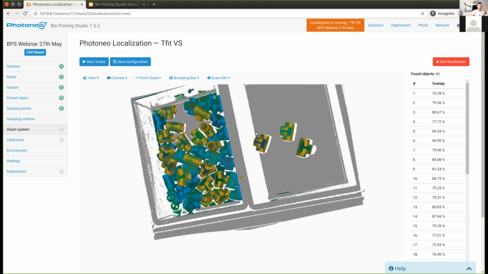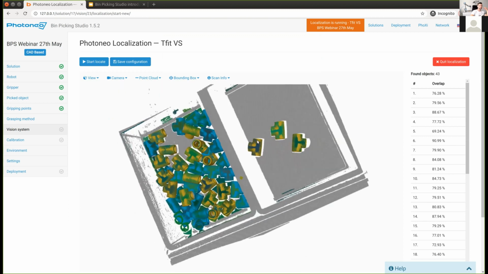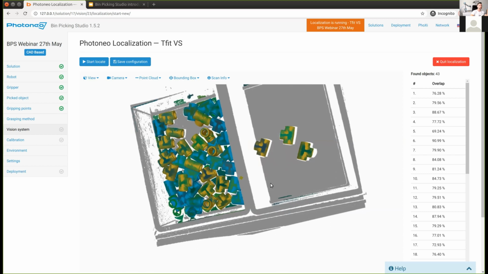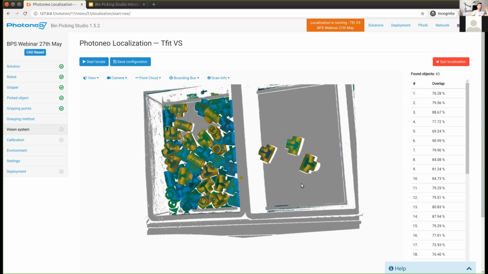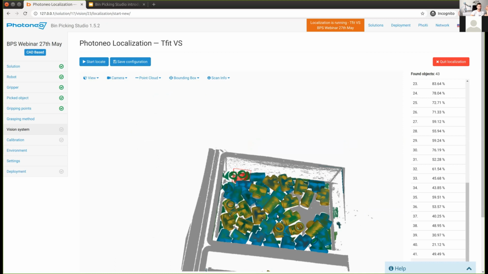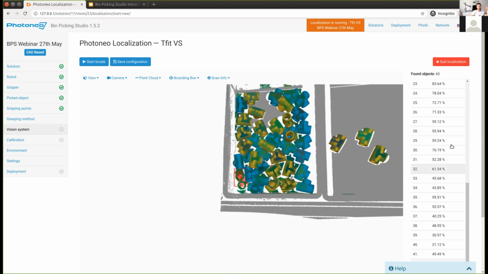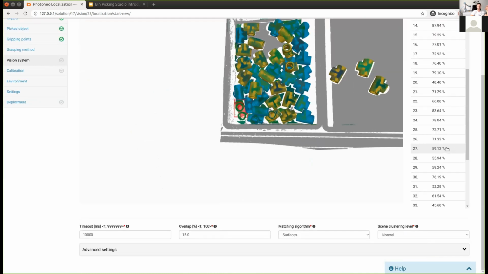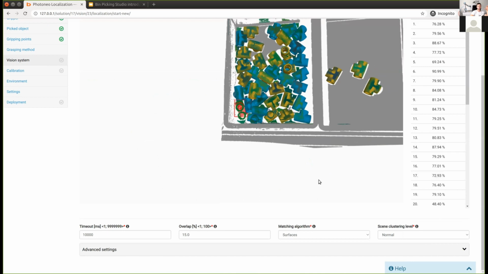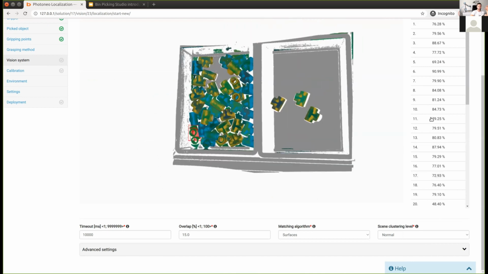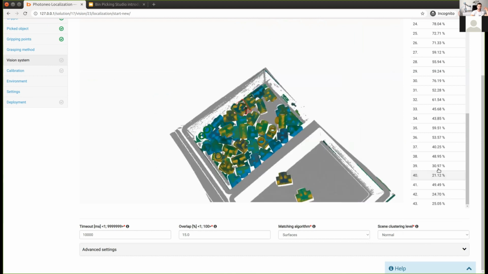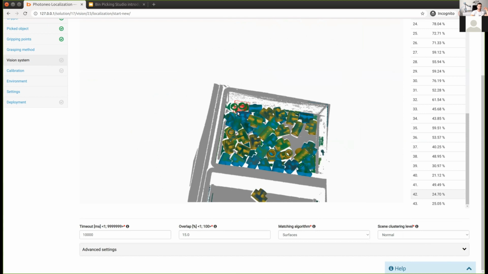But okay, I see some problems in here. Like this part is rotated. It's clearly rotated, so we have a false positive. And the first thing which came into my mind is what overlap it has. And I'm going to find it in this section on the right. What's the overlap of this part? No, it's not this one. Yeah, it's this one. It's 24